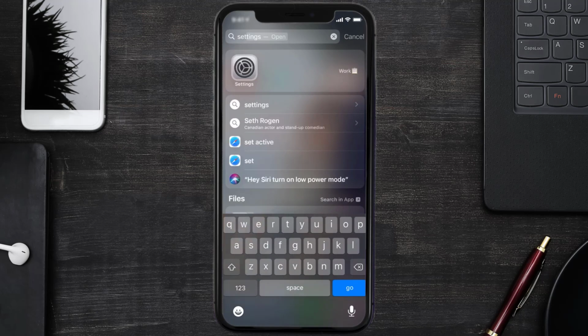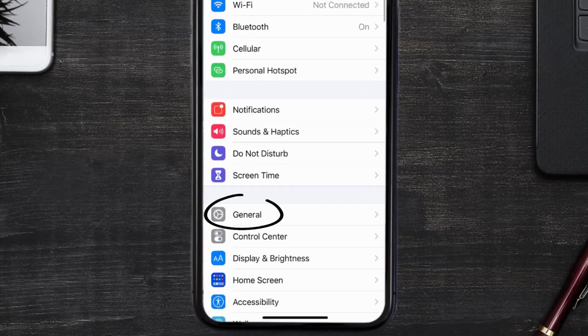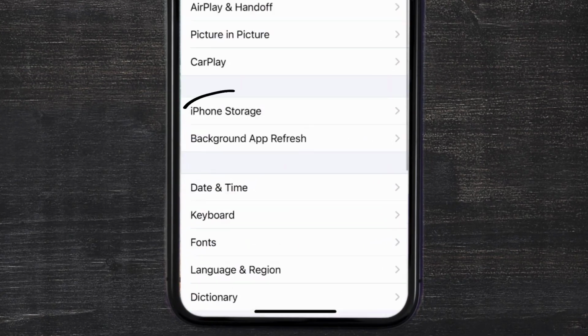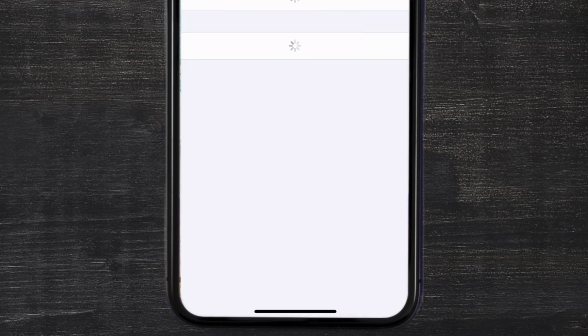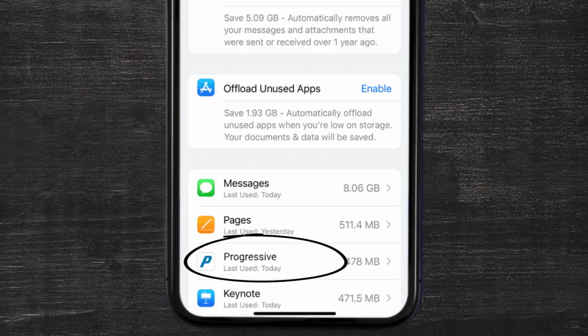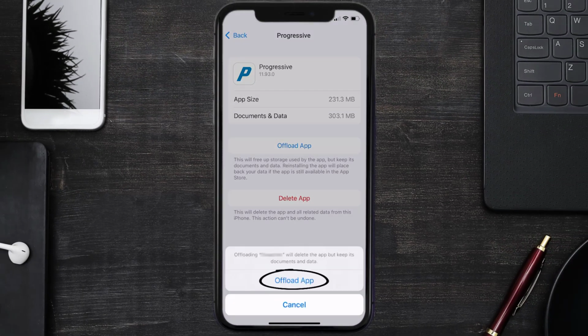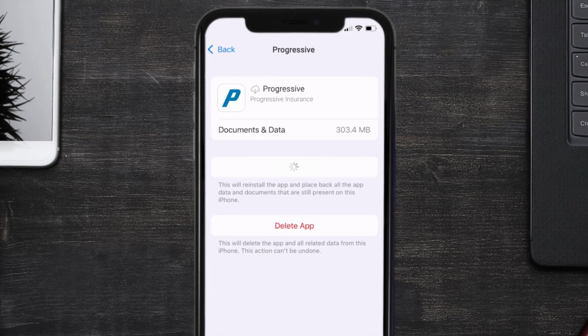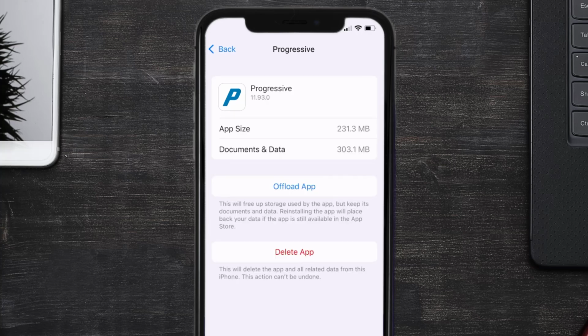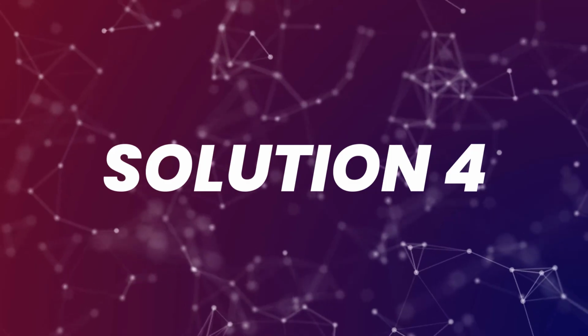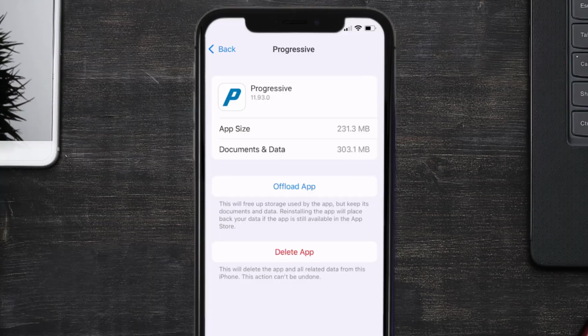Go to your device settings and then scroll all the way down to General and tap on it. Then tap on iPhone storage. From here, search for the progressive mobile app and then tap on it. Once you're on this screen, you need to tap on Offload app. Tap again to confirm. It'll take a bit for processing, and then a Reinstall button will show up. Simply tap on it to reinstall the app. This should fix the progressive mobile app loading issue, but if it doesn't, then you need to completely reinstall the